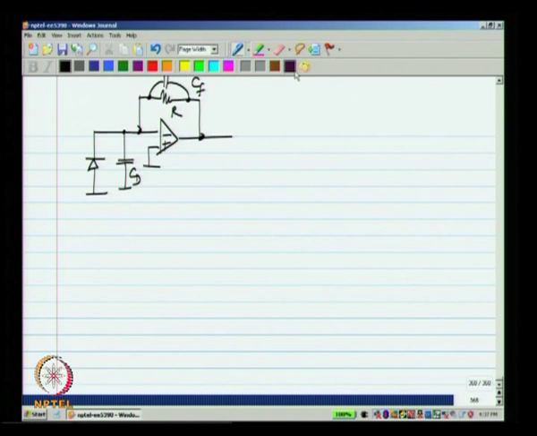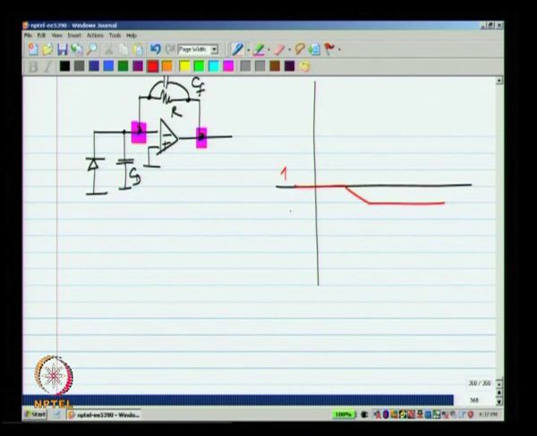Okay. Now, quickly if we look at the loop gain here, what happens is that the feedback network from here to there has a loop gain that looks like that. Okay. It starts with unity at low frequencies and has a pole at 1 over Cf plus Cd times R, and it also has a 0 at 1 over Cf times R. Okay. So, the gain becomes flat again at high frequencies and the phase shift also goes away.